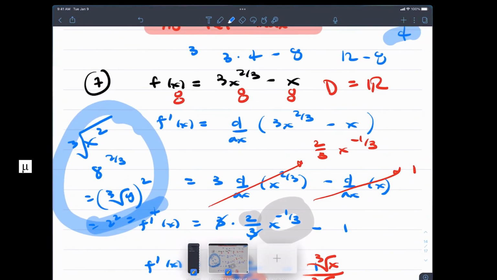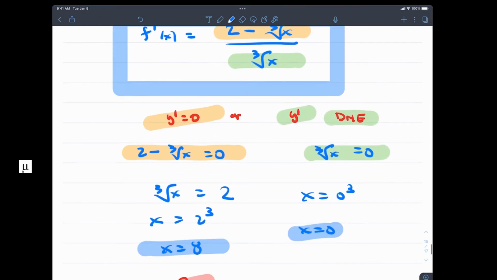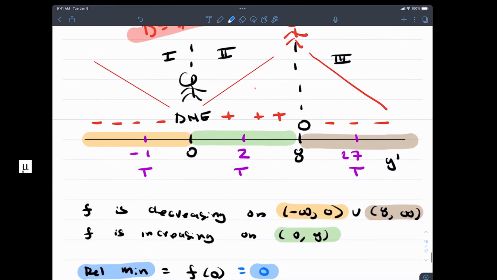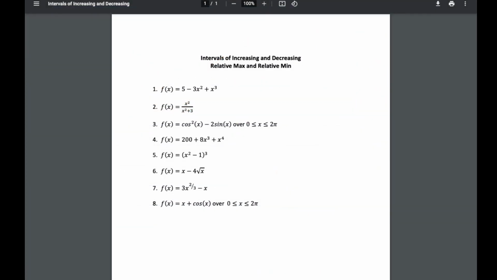So I hope you guys enjoyed an additional day of sign analysis on the first derivative and what it all means. And you could look at the graph again and say, hey, we're decreasing on that interval, and then we're increasing, and then we're decreasing. There you guys go. Okay, now I give you guys homework because sometimes people will say, hey, where's my